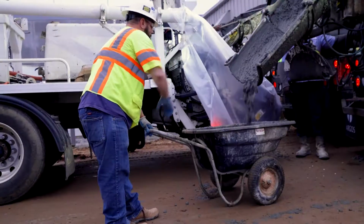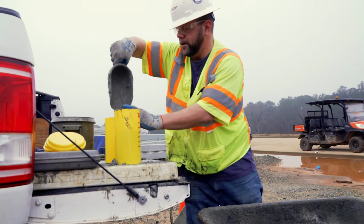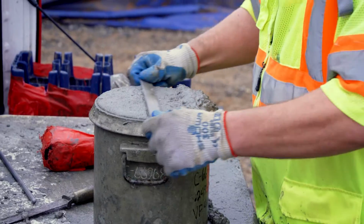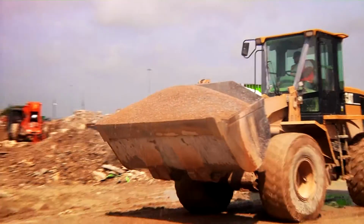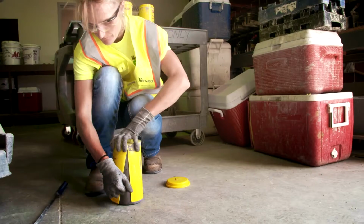You might assume that all concrete is the same, but the basic products that make up concrete mixes can vary from location to location across the country. We need the right blend of locally available constituent materials to create a concrete that can handle the loads and